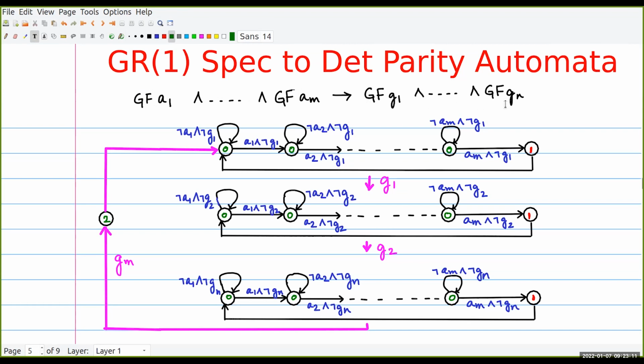And similarly, I have GF G1 to Gn. These are the guarantees, right? So, this property is actually saying something quite non-trivial. If you think about it, what this property is saying is that GF, remember, means something happening infinitely often. So this is saying that if A1 happens infinitely often, if the assumption A1 becomes true infinitely often, and the assumption A2 becomes true infinitely often, and the assumption AM becomes true infinitely often,